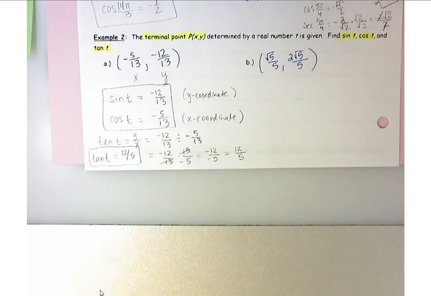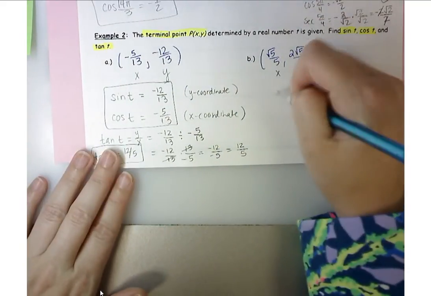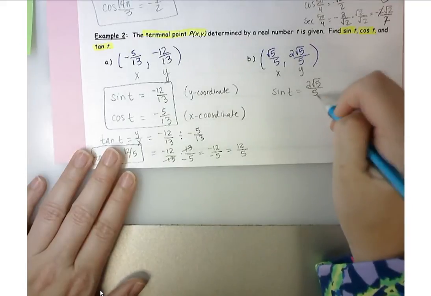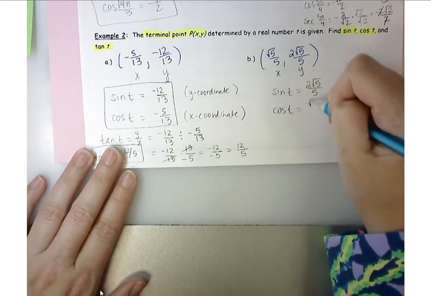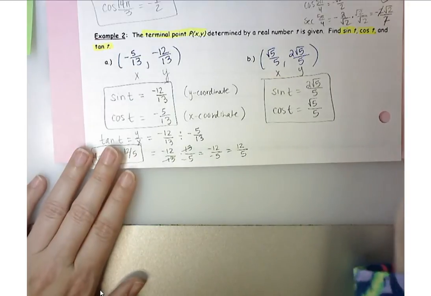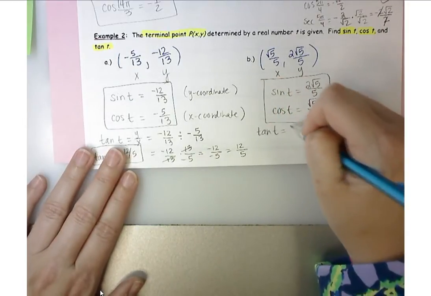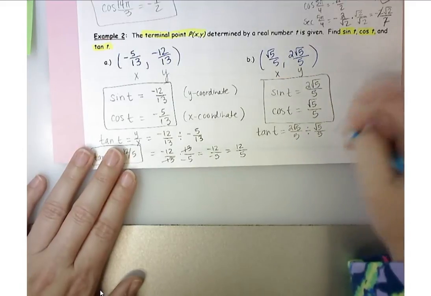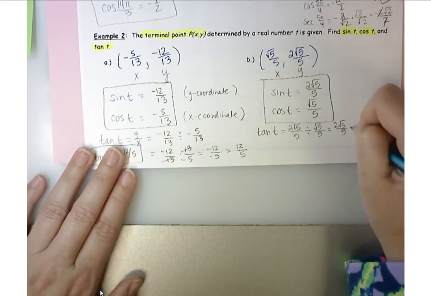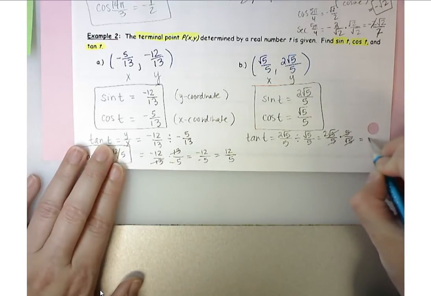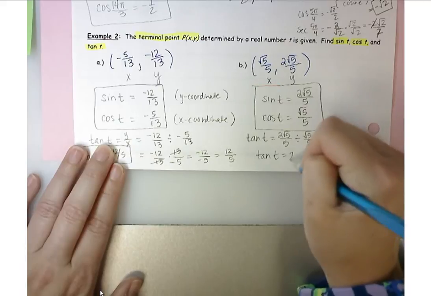So for part B, did you guys already do your sine and your cosine? Right, so your sine of t was 2 root 5 over 5 because that's your y coordinate. Your cosine was root 5 over 5. Then to find your tangent, you would do your y, 2 root 5 over 5, divided by root 5 over 5. So we're going to skip, flip, and multiply. And what can be canceled out here? The 5's and root 5 divided by root 5, so I'd just be left with 2. So the tangent of t would be equal to